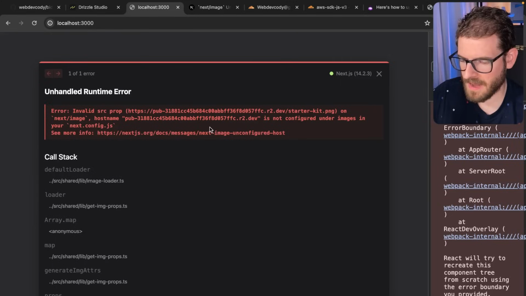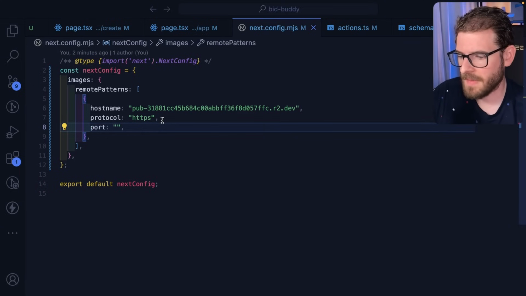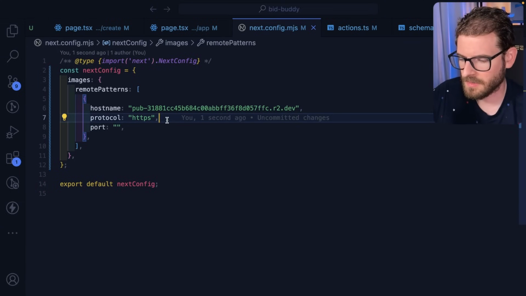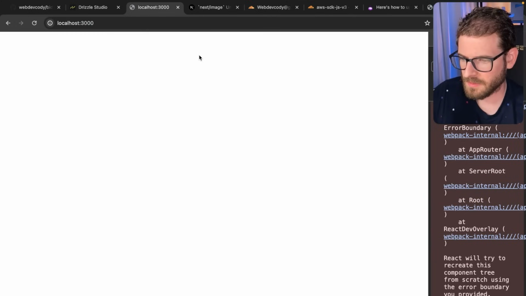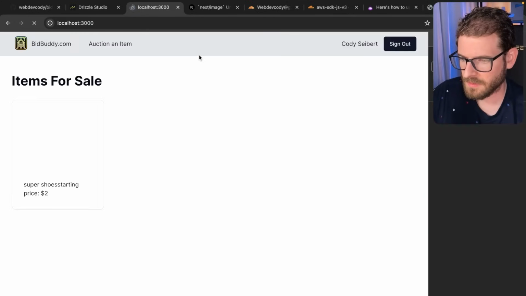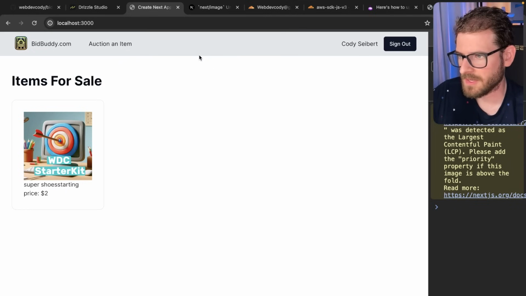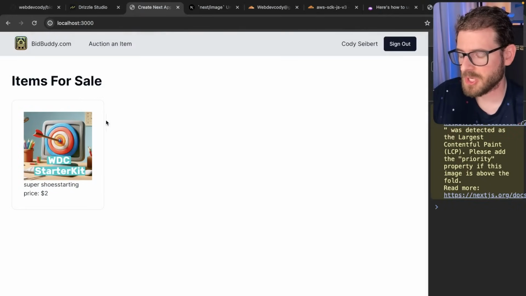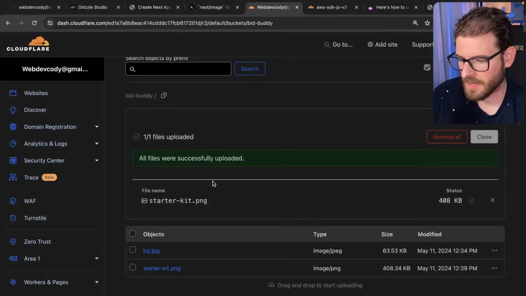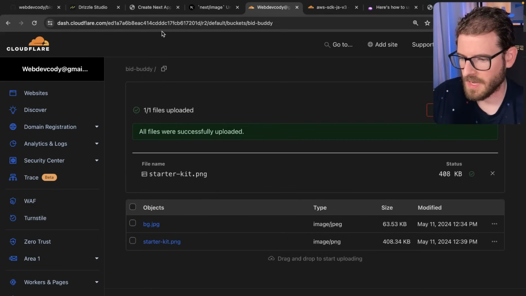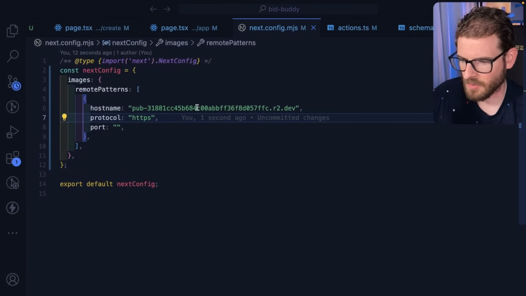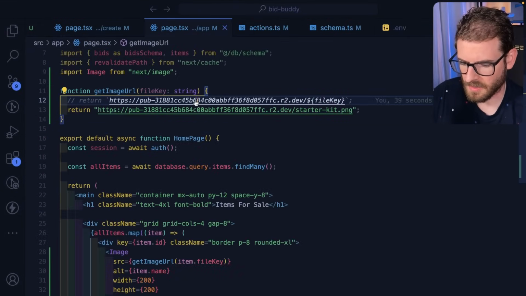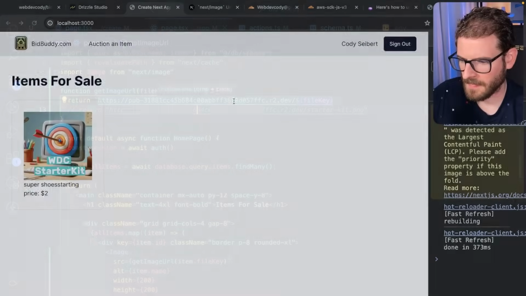Okay, and go back to our app. By getting rid of path name, maybe you don't need to put a path name there. Okay, there you go. I guess you don't need a path name. Cool, so this works. It can show an image, and remember, this is coming from our bucket. Pretty awesome. But I think there's an issue with the bg.jpg. If I were to switch it back to the old approach, like this, I think this won't show